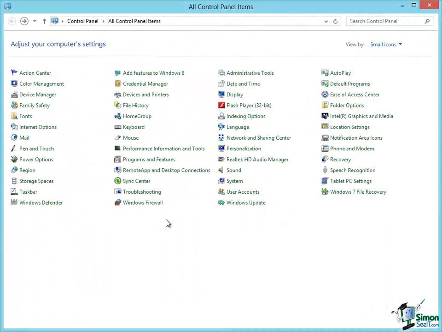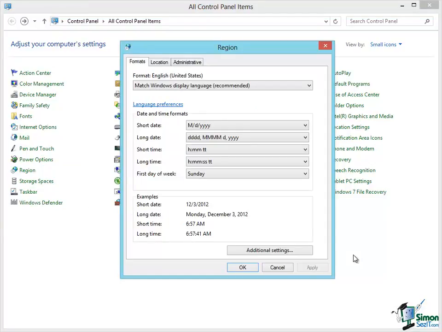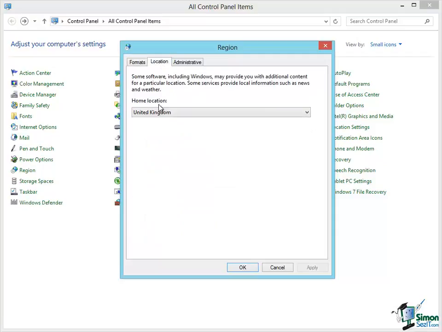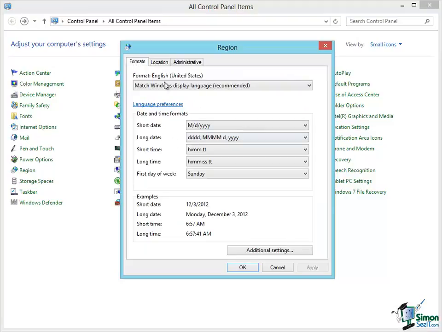In Windows 8 from Control Panel, if you click on Region, then we see this dialog, and within this dialog there are a couple of things. First of all, I'm going to just click quickly on the second tab, which is Location. My location is United Kingdom, but I can also set various aspects of how things are displayed according to another location, and the other location I've got is US. So if I go to Formats, the format in which I basically display dates and times for that matter is